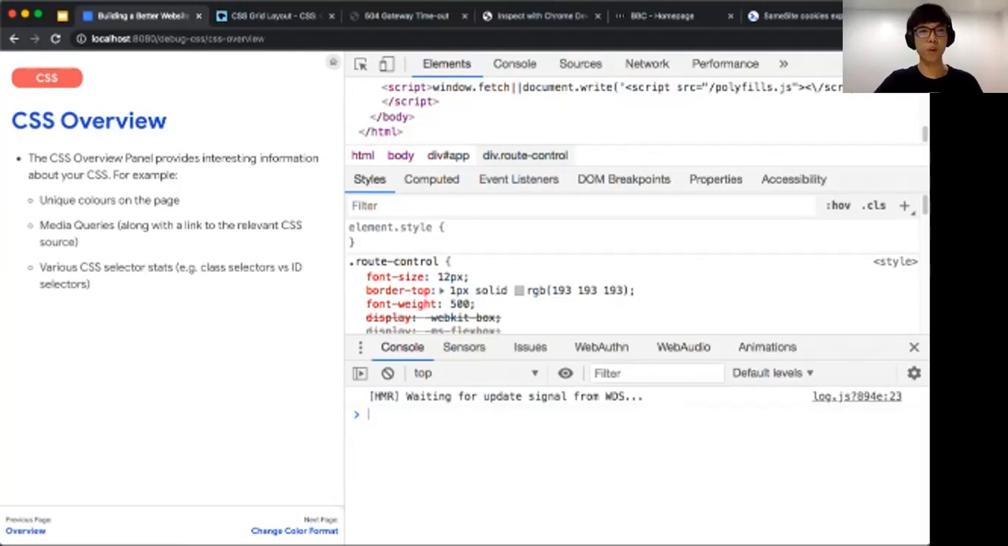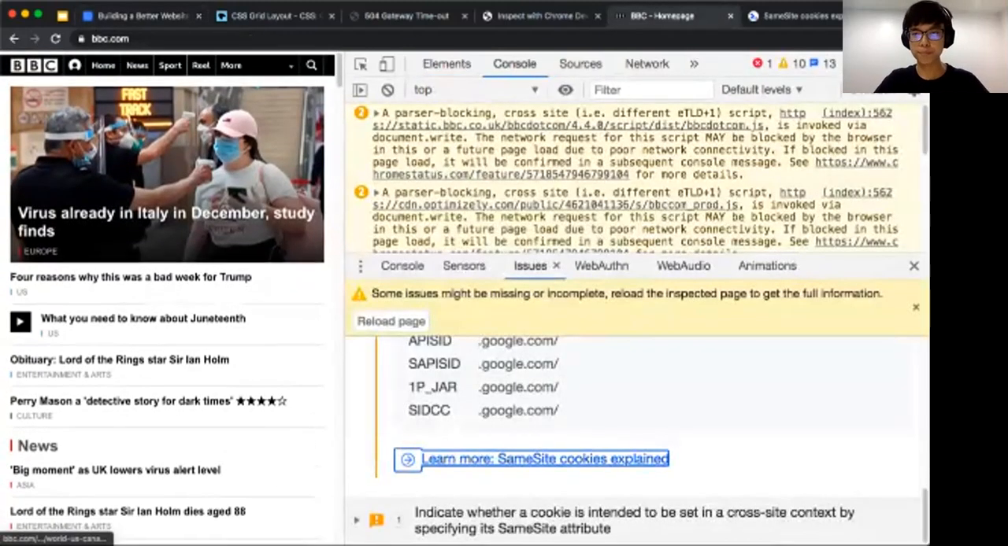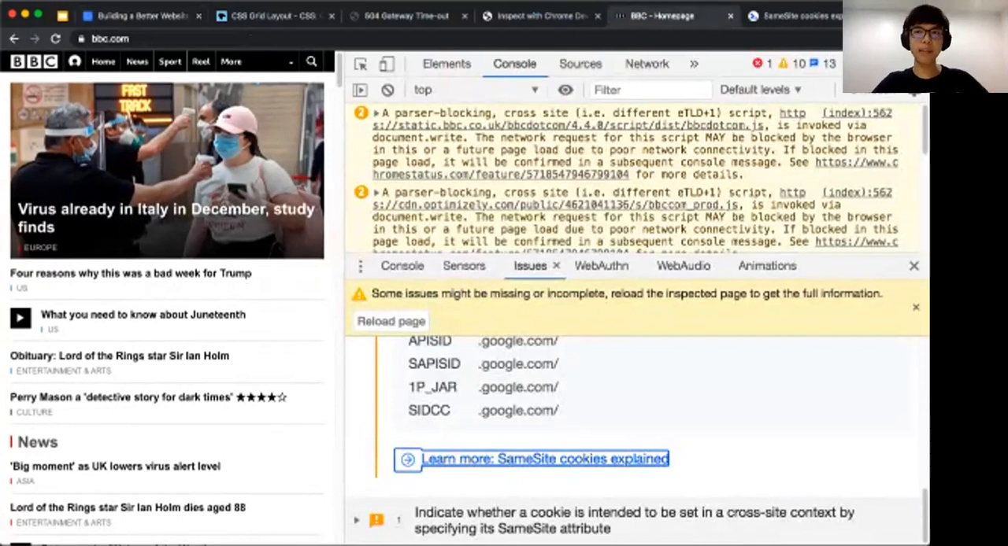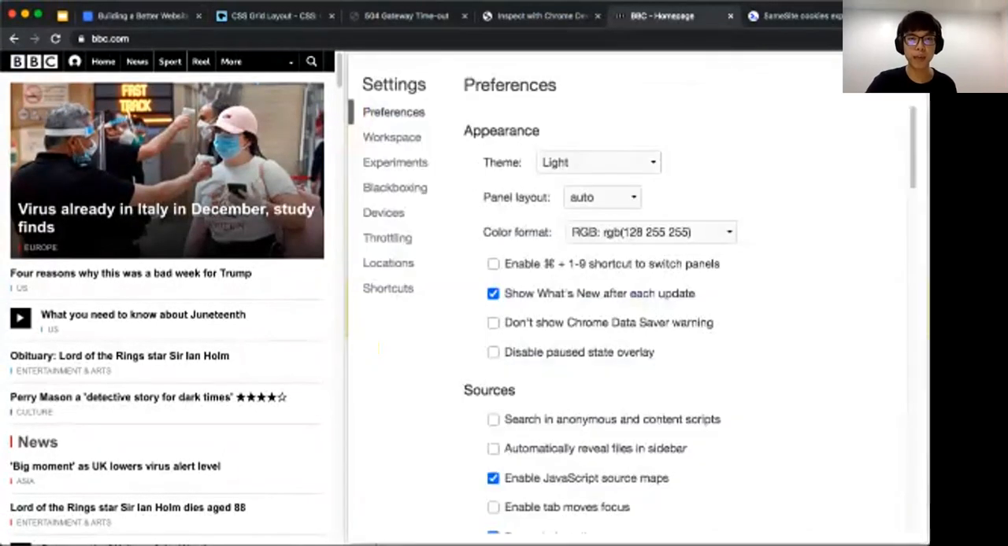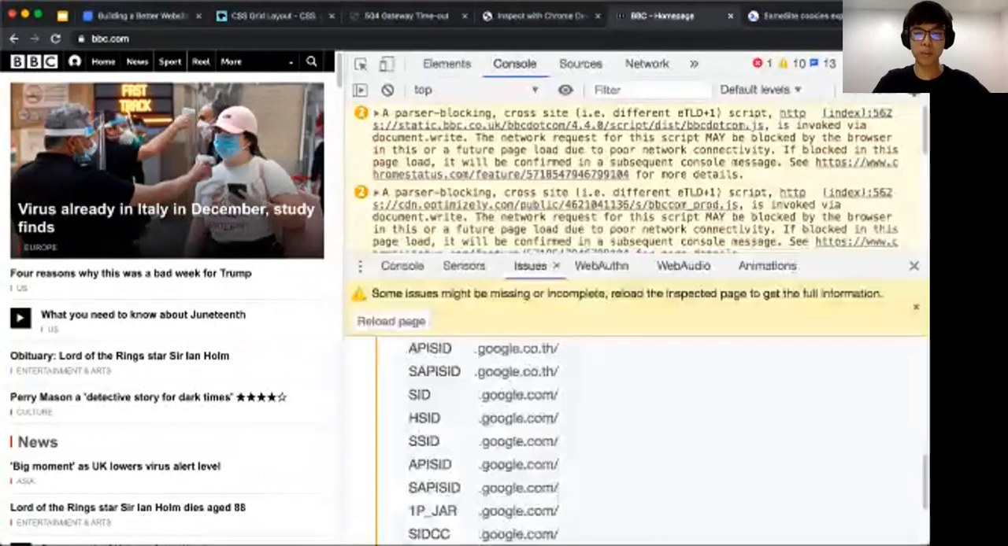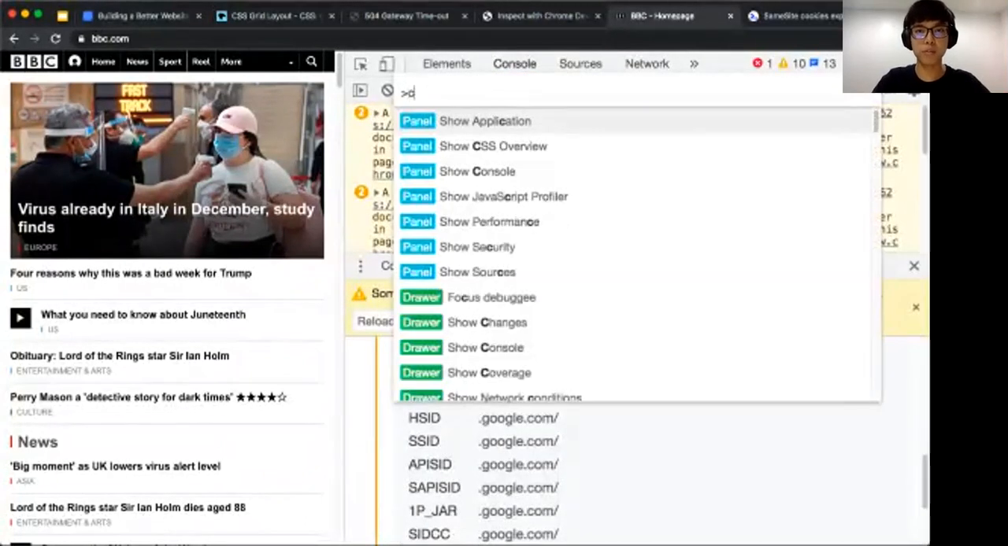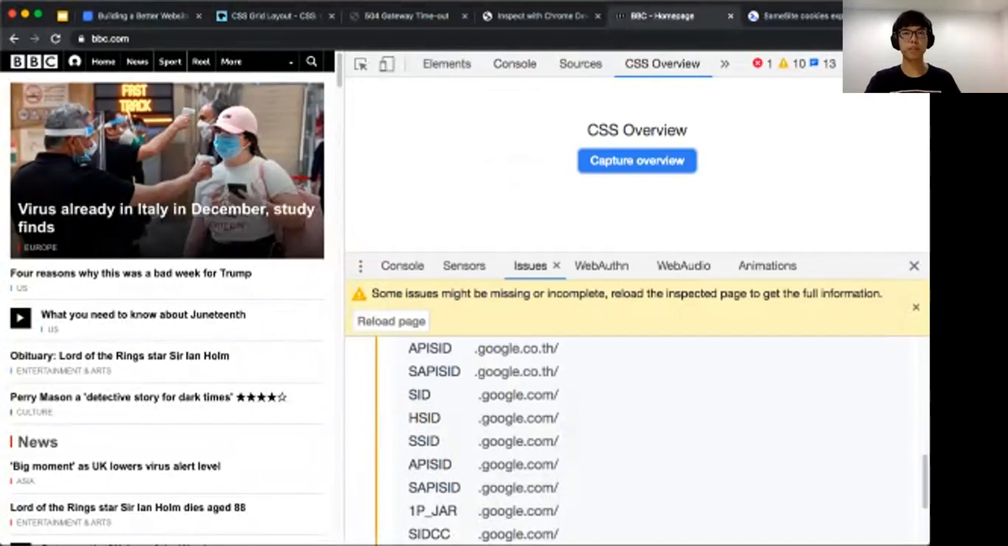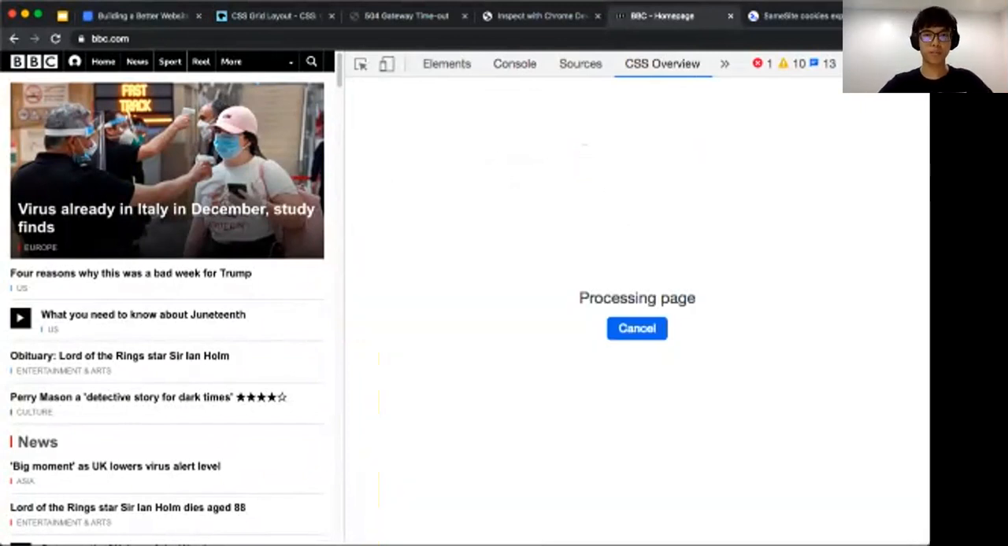So let's say we go back to the BBC website. Again, this thing needs to be enabled from the experiments. So you can go here and find this CSS Overview. From here, you can just press Command Shift P and type CSS Overview. Then you just press on Capture Overview. Just wait for a while. You basically get all the styling on this website, and it processes and gives you a report which looks like,